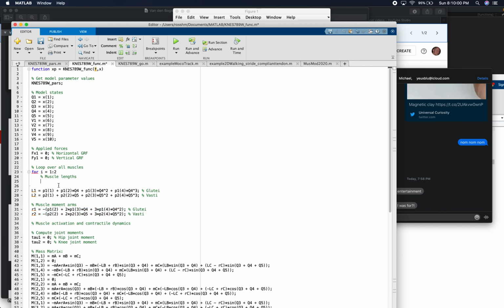So instead, it's better here to define these functions for length and for moment arms on a muscle by muscle basis here in a loop. So here I'm just going to redefine my muscle length for I here, where I equals 1 is my first muscle, so that's going to be the length of my glutei, and then I equals 2, my second muscle, the length of my vasti. I'm going to grab, for the current muscle, its neutral length, and then add to it the influence